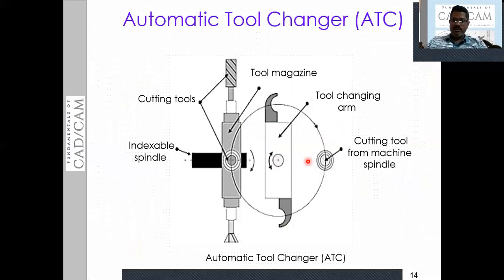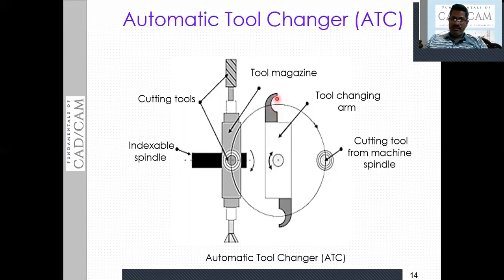This automatic tool changer looks like this. As you can see, this is free to rotate along the pivot here. So it is having the two pickup levers here.